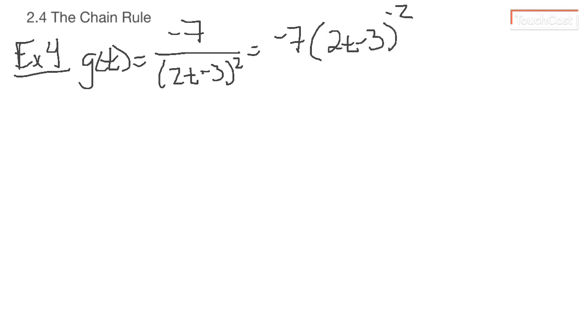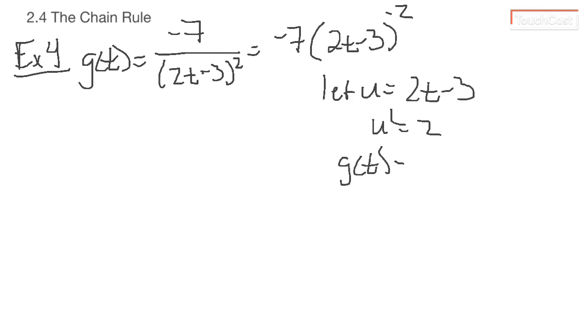Now what I'm going to do, and I've said this in our last video, anything I have in parentheses, that's what I'm going to let u equal. So u is going to be 2t minus 3, so u prime will just be 2. And then I'm going to let g of t equal negative 7 u to the negative 2,